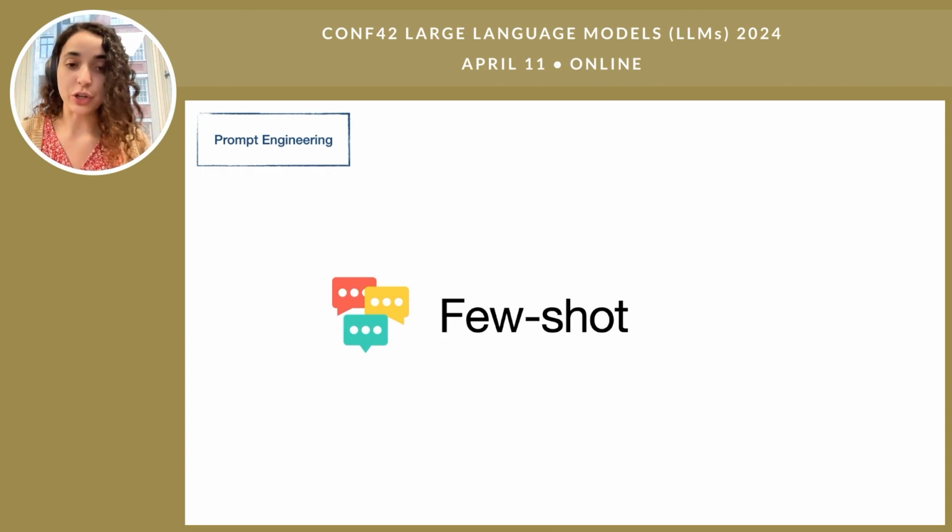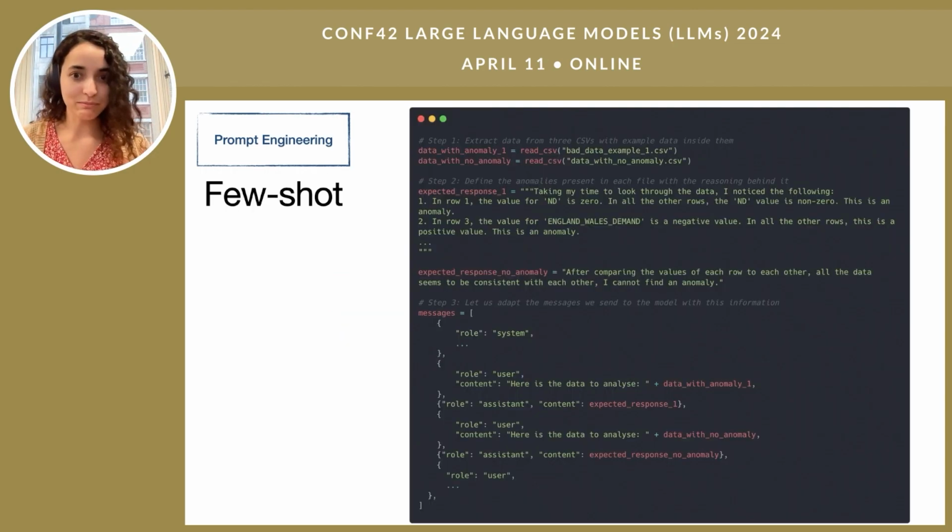So if we try and apply few-shot learning, which is a different form of prompt engineering. In the case of few-shot learning, what you're doing is providing an example of how the model should be responding to the prompts that we give it. Concretely, what does this mean? You can see here you've got an array of messages. The system message remains the same, but there are multiple interactions between a user and assistant. So I'm telling it, okay, if the user gives you this CSV data, I'm expecting you to give this answer, which you can see also in the image right here.